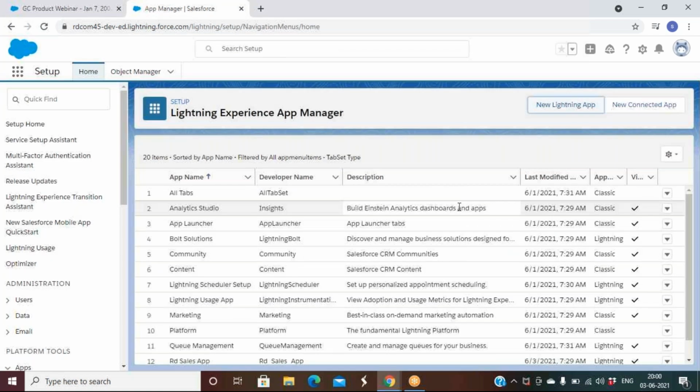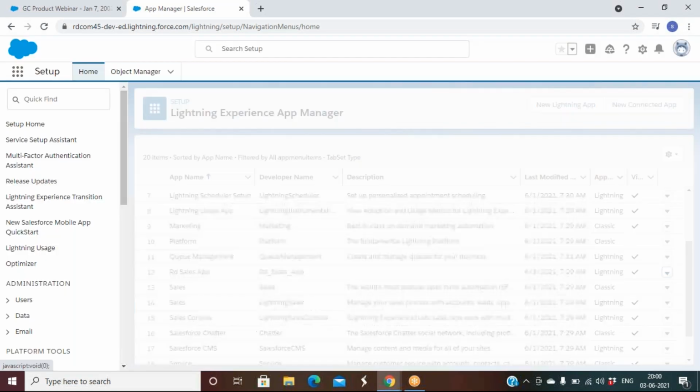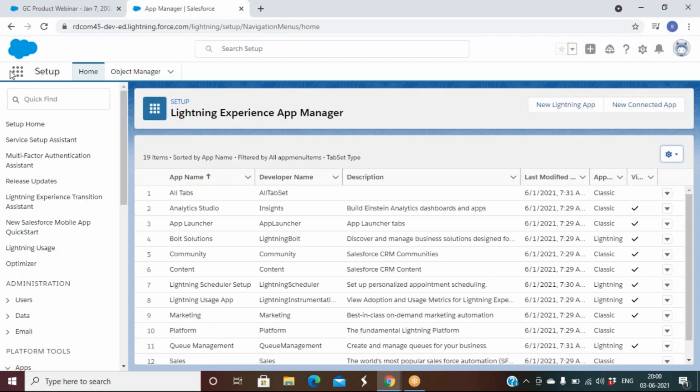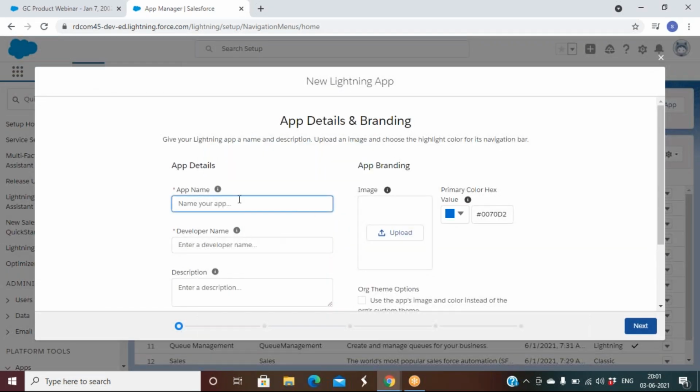We will not use the console. We'll go with the standard only. Let's drop this and we'll create our app with the standard navigation. Just delete it. Just create one more time. It's a fraction of seconds, right? So it will not take much time. So I'll say the app name is.